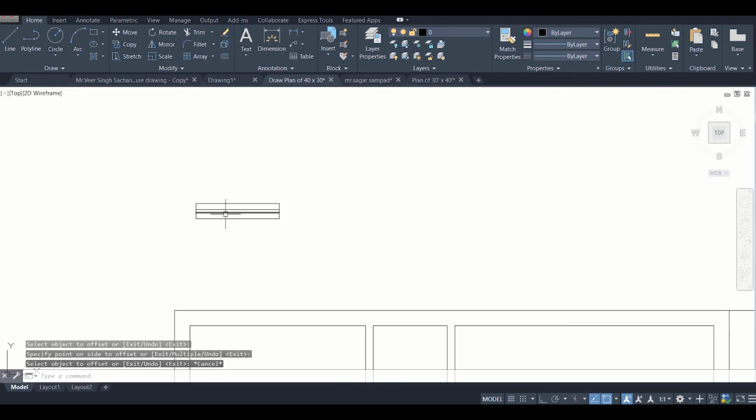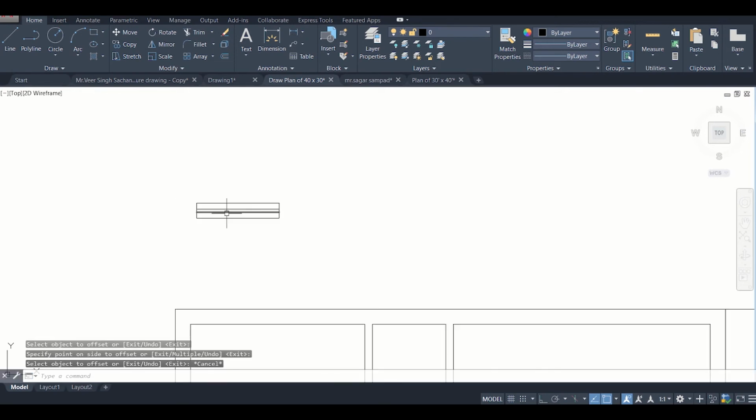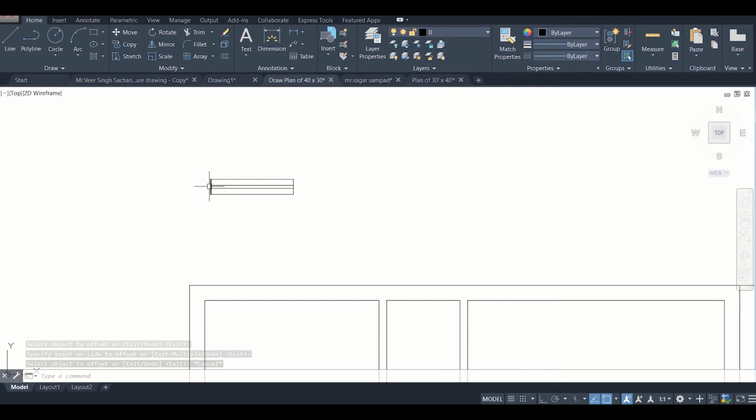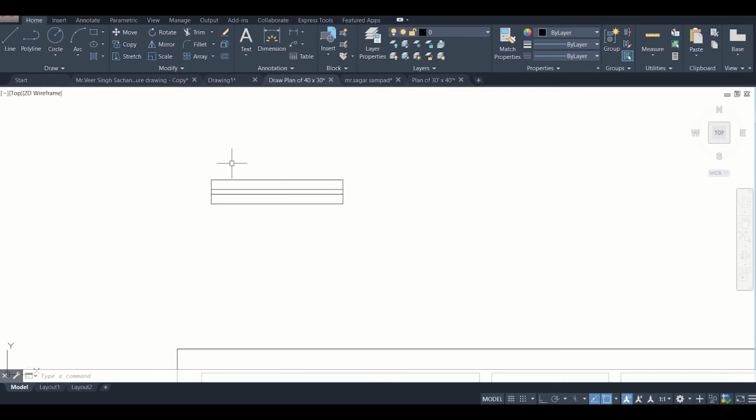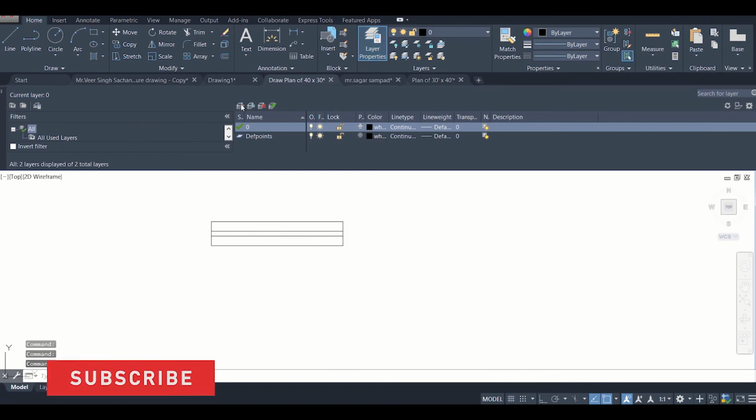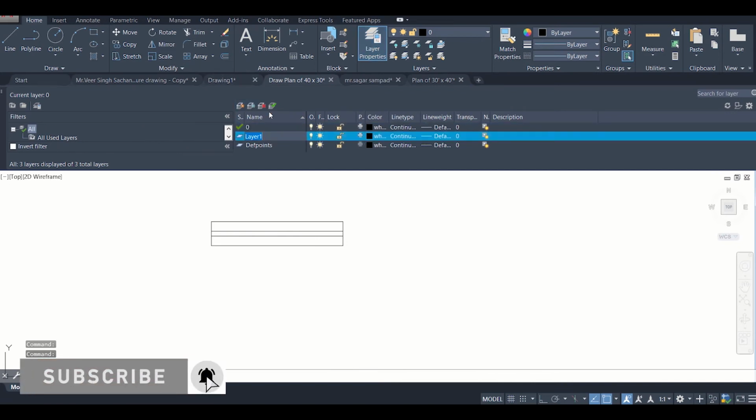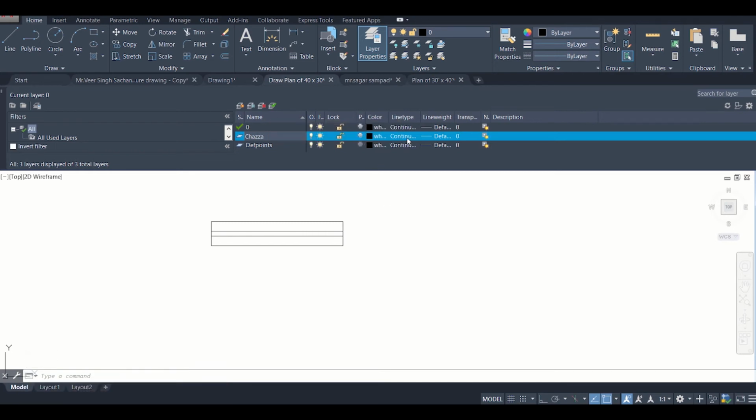Now as the representation of the window is done, we need to create the chhaja. For creating the chhaja, we'll go to our layer properties and we'll create a new layer. We'll name this as CHAJJA, which is chhaja, and then we'll change the line type